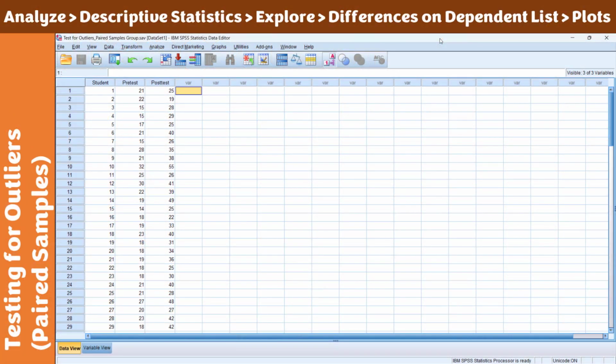When we have situations like this where we gather the pretest scores of a group of students and then their post-test scores, we usually would like to use the paired samples t-test in order for us to determine whether there is a significant difference between the scores of the students before and after a certain period of time, hence pretest and post-test. But what we usually forget here is to check the assumptions, because for a certain test to be used, we need to satisfy or establish all the assumptions.